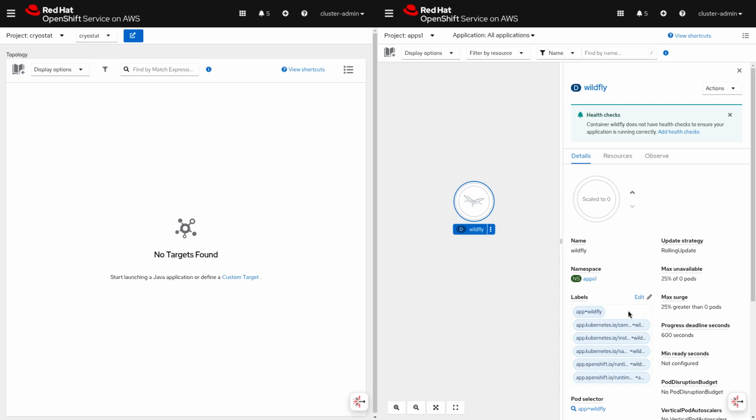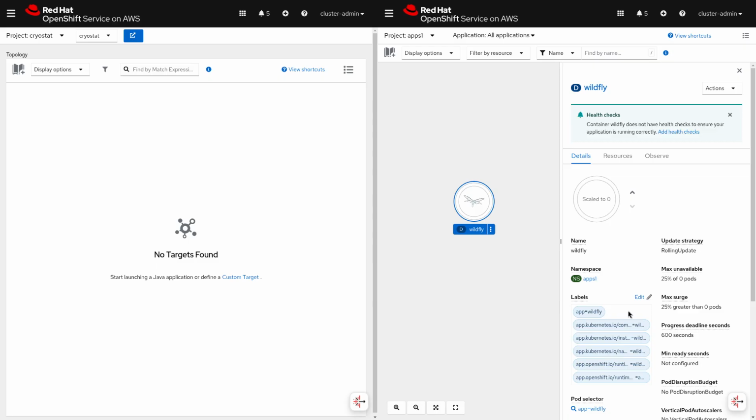Let's do another quick demo following immediately after my previous one, where I was showing how to configure a WildFly application to work with the Cryostat 4.0 operator auto-configuration feature for the Cryostat agent. What we're going to do next is show how to configure some of the other Cryostat agent features that go along with the usage of the Cryostat agent in this scenario where you're using the auto-configuration to get the agent